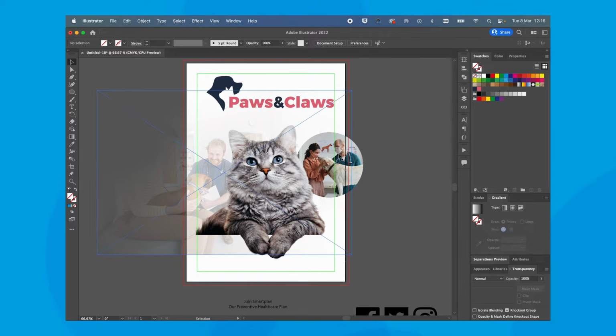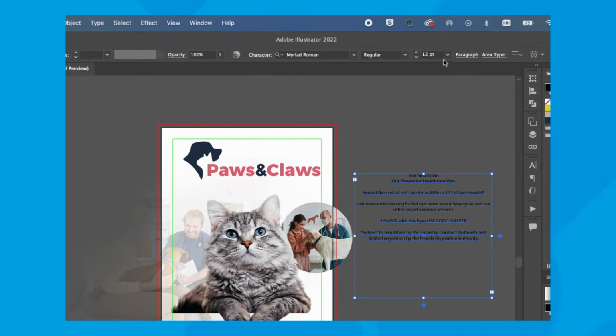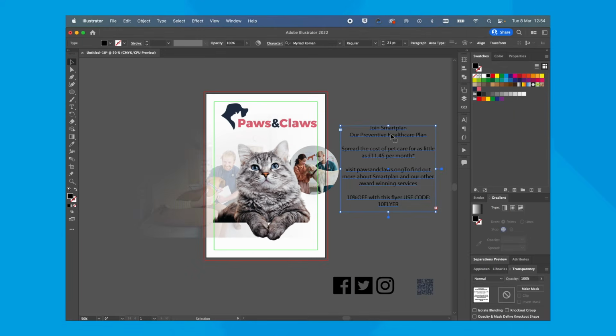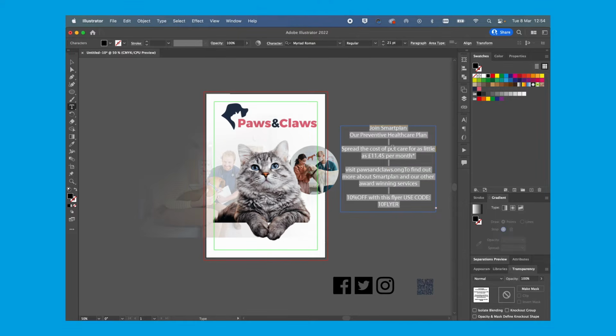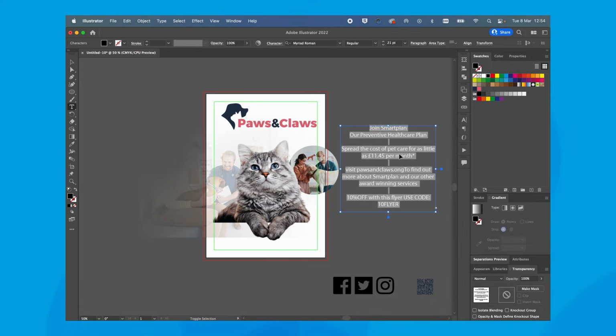Okay, I'm going to fiddle with the positions of those a little bit later, but the next stage is to start getting the text in. So with my selection tool, I'm going to grab this text box and move it up here, and enlarge the text a little bit. I can do it like this. In fact, that's fine. There's another shortcut. If I select all the text with the type tool and Command A, you can use Command Shift, either comma to make it smaller or full stop to make it larger. I use that one all the time, really. It's quite quick.